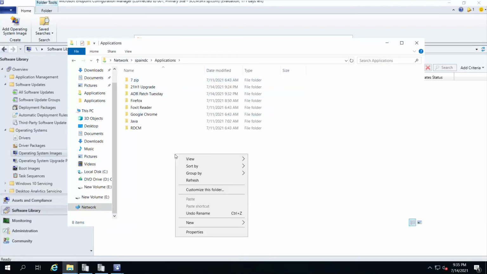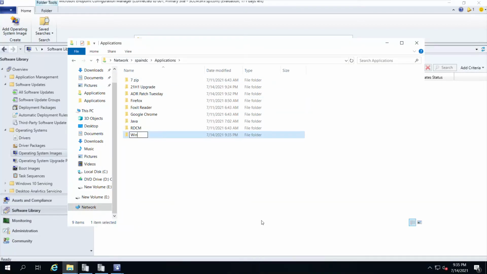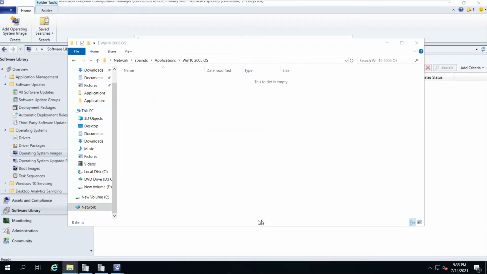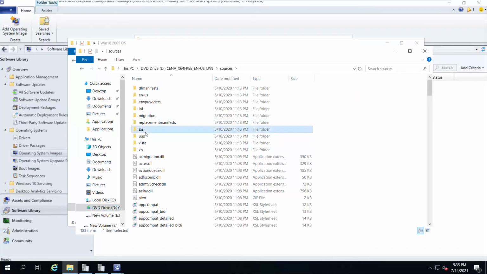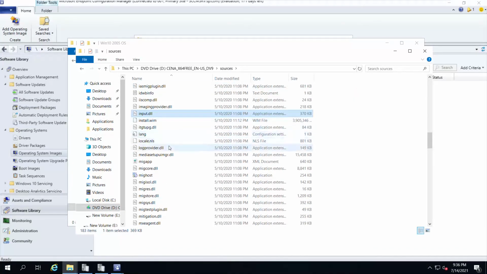So I'll put the operating system here, Win10 2005 OS, and I'll copy the install file over there from my DVD.